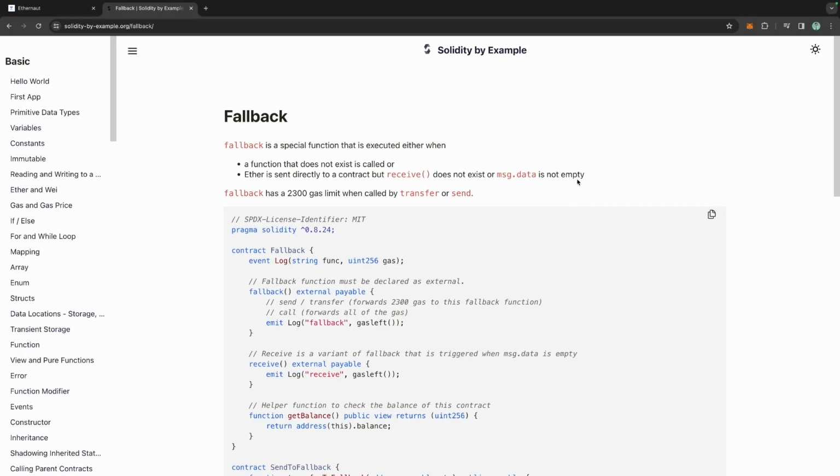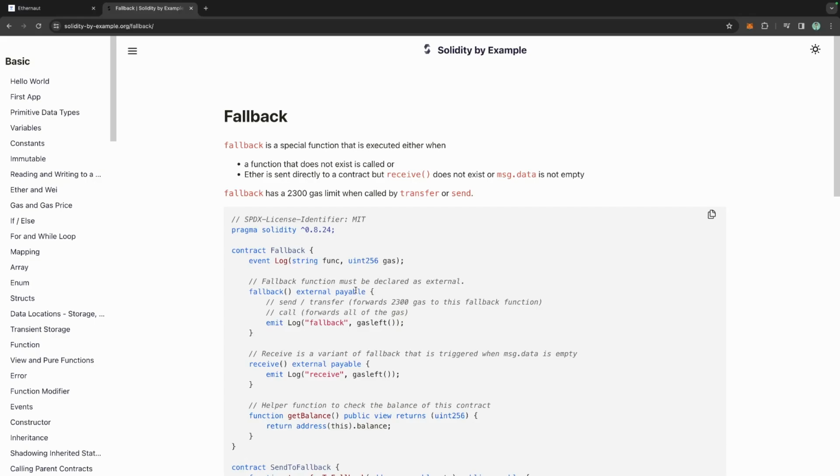The first thing to understand would be there's actually two variations of fallback functions. The first one is called fallback, and the other one is called receive. Fallback can be either payable or non-payable. This payable modifier here is actually optional. So when you send Ether to a contract but receive does not exist, and fallback is not payable, then of course the transaction would still fail. But if fallback is payable, then that's when fallback would handle that instance when you're sending Ether